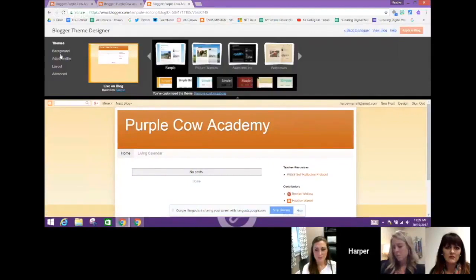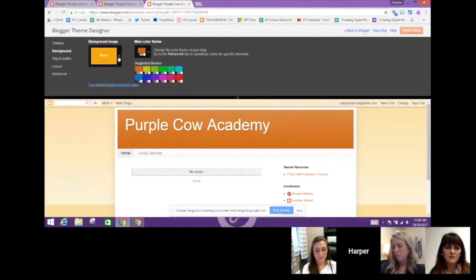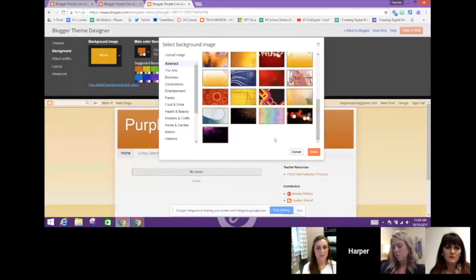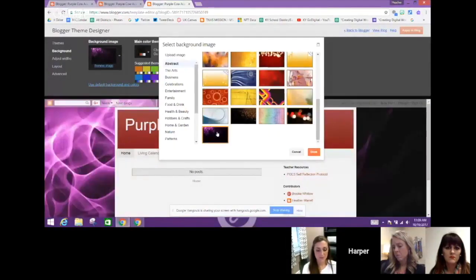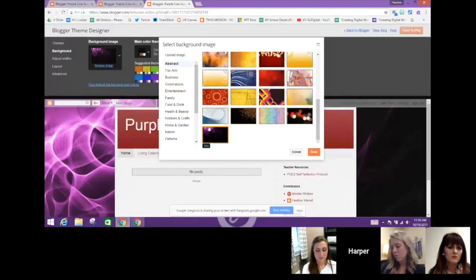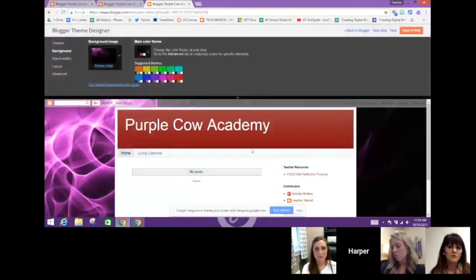And now we can change the background. And if I drop down here, there are lots and lots of themes that we can choose from. There's like a nice little purple theme. That's kind of cool. You can also upload pictures if you like. Right up here, it says upload an image. So if you want to upload an image of whatever it may be to put in your background, you could do that as well. So I could choose this purple right here and click done. This is also where, okay, I'm going to change my theme there. Boy, this is really purple.